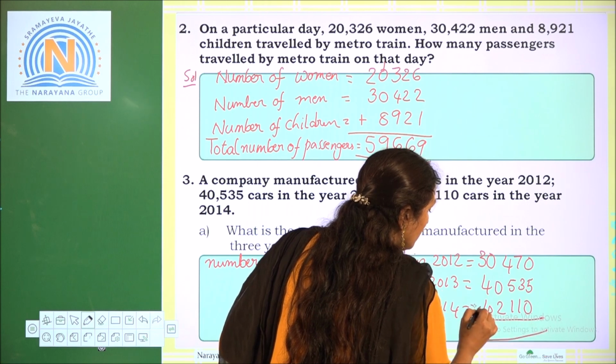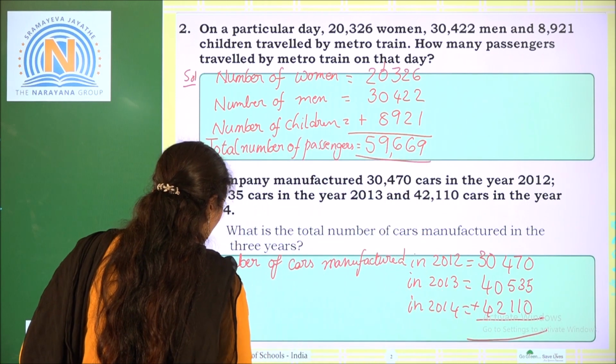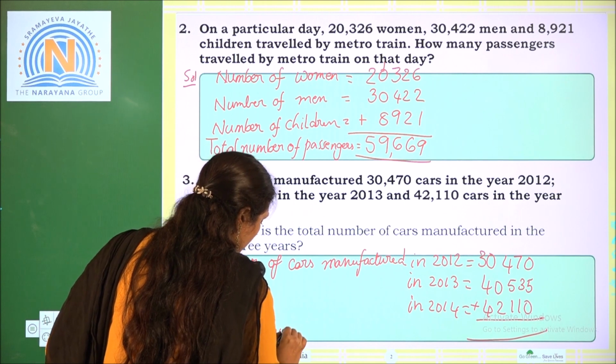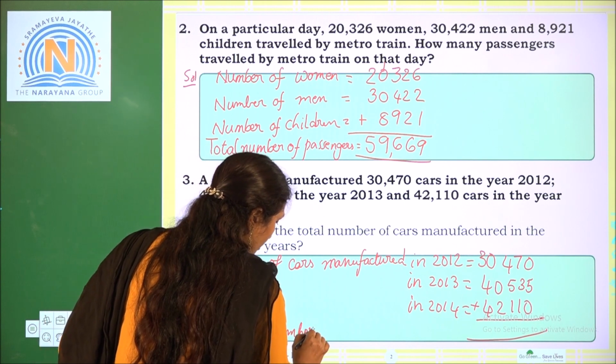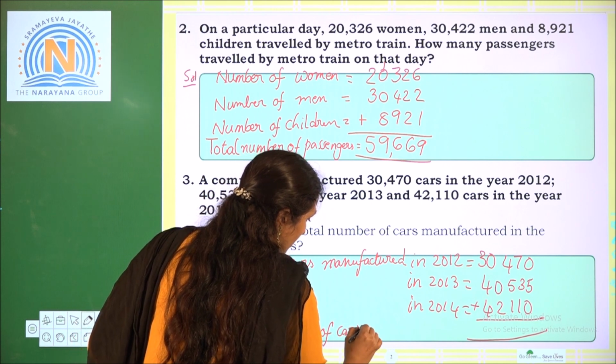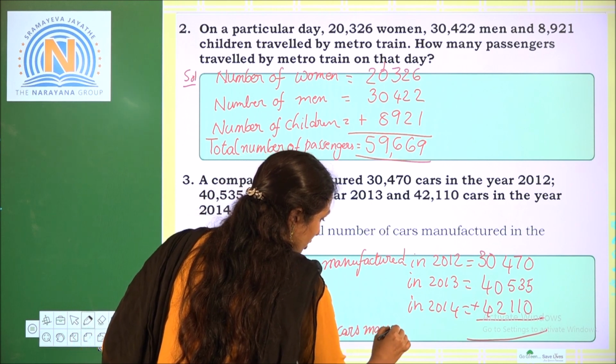Now the total number of cars manufactured equals